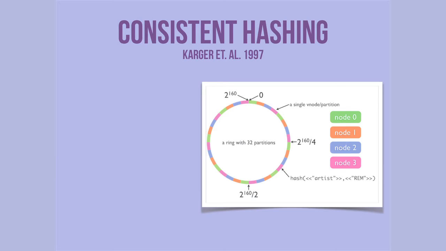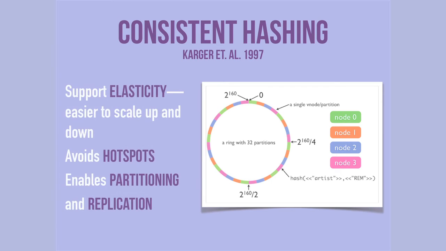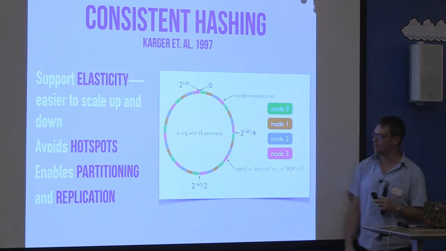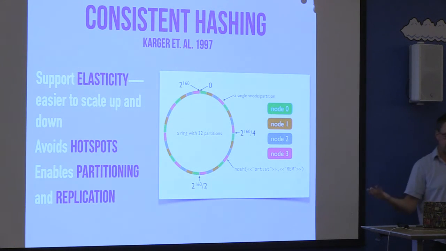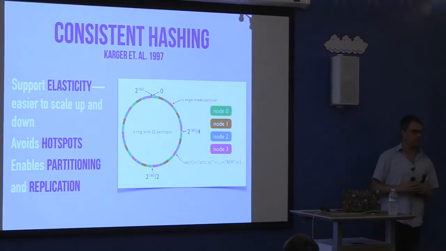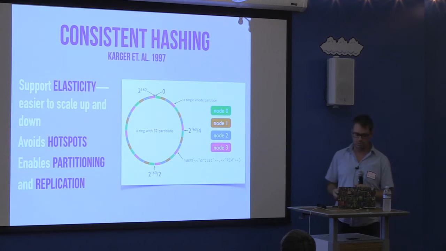Consistent hashing is a very nifty strategy that gives you a very nice way to support full elasticity, meaning that nodes can come and go. So you can really live up to the promise of cloud computing without too much of a hassle. It basically gives you a way of, if you lay out all your nodes in a node ring, then consistent hashing means that you consistently hash all the buckets, and you have a very nice way of doing partitioning and replication, and adding nodes in this ring. This ring can expand and shrink without you having to do much work.